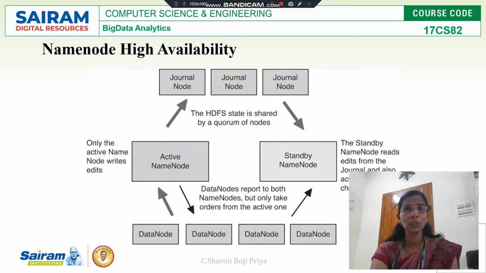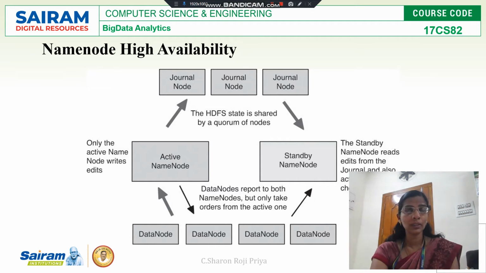This report sent by the data node will be received by both the active and the standby node. Why do I have the standby node? Suppose the name node fails, immediately the standby node will be upgraded to the active name node,